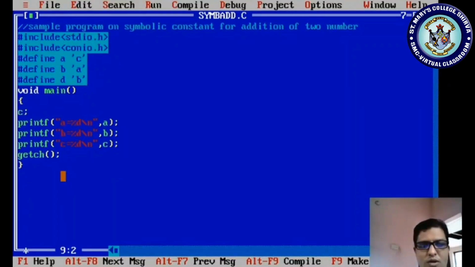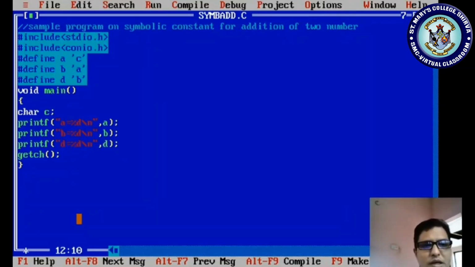Let me check what will happen. I'm also trying this character C. Okay, now let me print first what will happen. Here percentage D is for integer. I have taken the character constant, right? Character I have defined ABD as a, here it is a D value, right? Not as a C value. Okay, it is a D value, right?